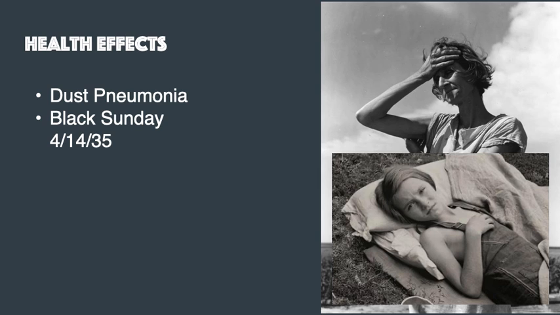People would get what was called dust pneumonia. And like I said, dust pneumonia was when your lungs would fill up with this dirt. The roughest one of these was in April of 1935. It was a day that becomes known as Black Sunday, when you had the worst of these dust storms. But really for these 6 years, 1930 to 1936, you're going to see a lot of these dust storms that are happening. And really the only thing that's going to fix it is rain, right? Or rolling back some of these agricultural practices that have been causing these issues.